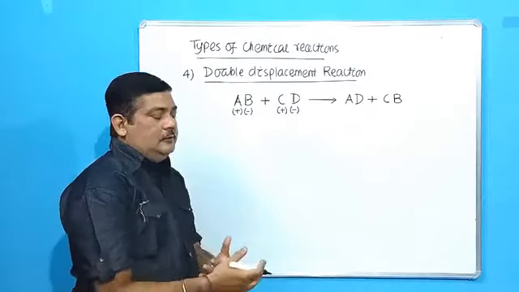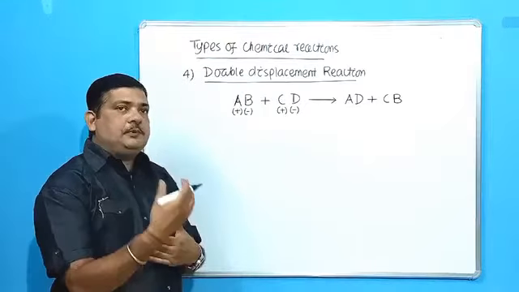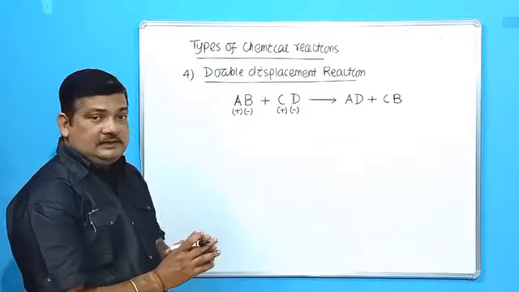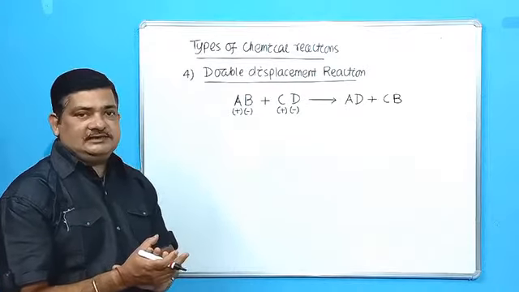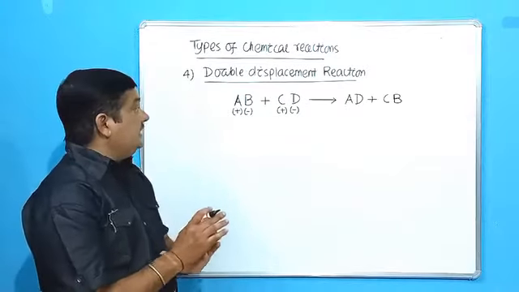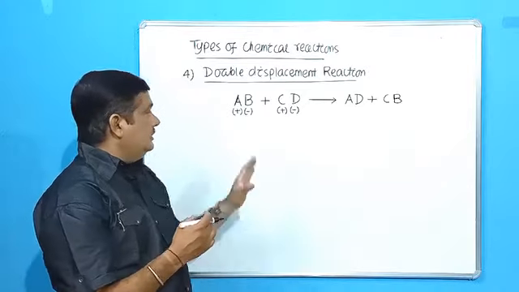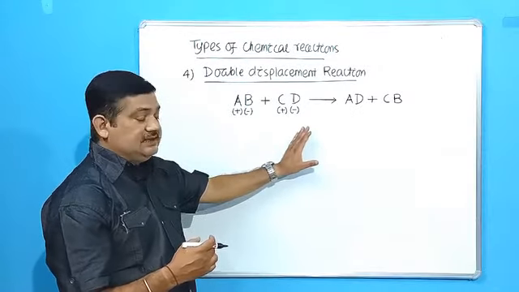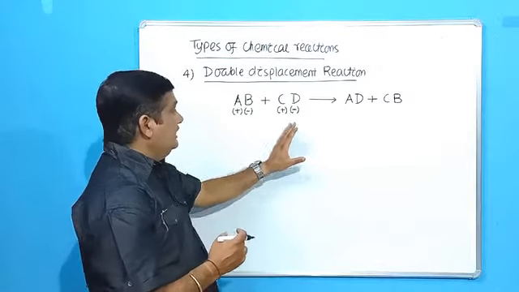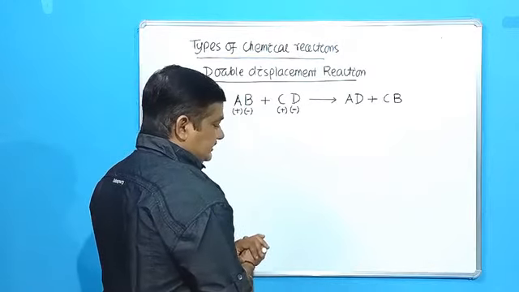So in a chemical reaction, when the positive and negative ions interchange their positions, that means it's a double interchange. The cations interchange their position, as well as the anions. So it becomes a double displacement. That means the interchange happens two times. Positive parts interchange their position, negative parts interchange their positions. Then this reaction is called a double displacement reaction.